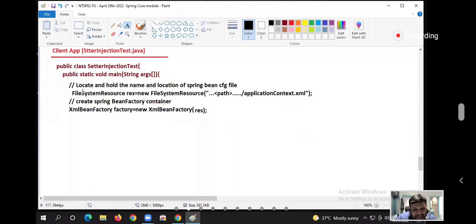The res object is pointing to the Spring Bean configuration file, and that is passed here. That means while creating the Spring container, we are giving the Spring Bean configuration file, yes or no? Now listen, guys. Now I can ask the Spring container, you have so many beans with you.